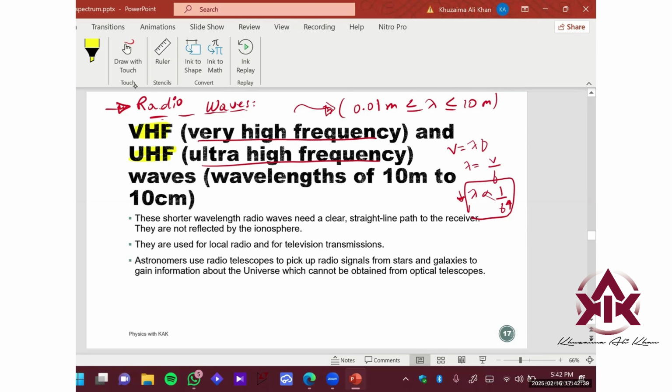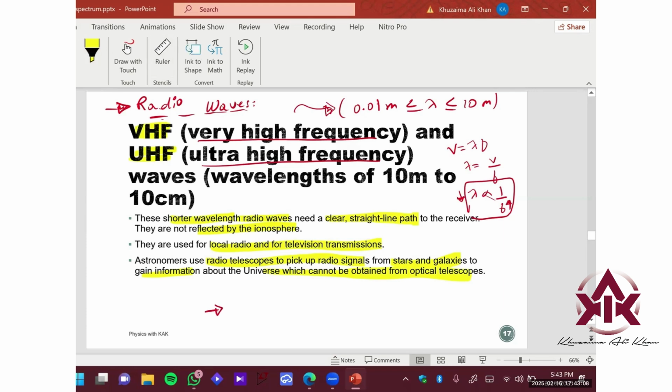So these shorter wavelength radio waves need a clear straight line path to the receiver. They're not reflected by the ionosphere. They're used for local radio and for television transmission over here, right? Astronomers use radio telescopes to pick up radio signals from stars and galaxies to gain information about the universe which cannot be obtained from optical telescopes here, right? So again,